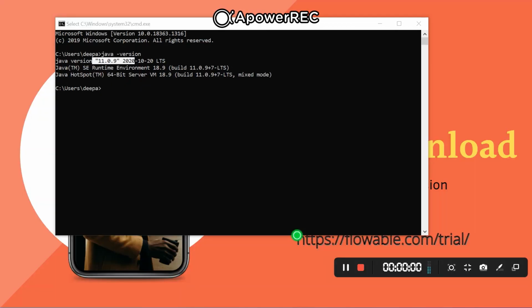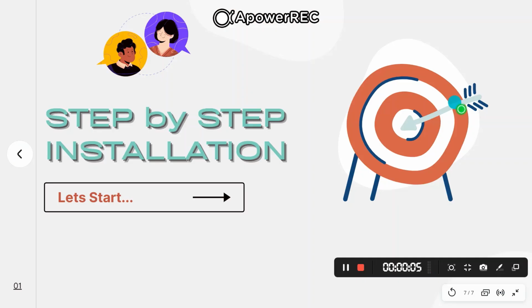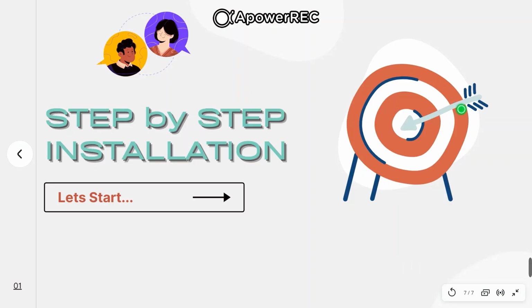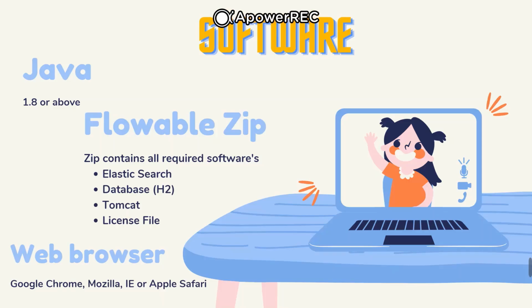Now let's move on to the second step, to download the zip extract for the Flowable Enterprise trial version, which consists of all other needed software to run the trial version on a Windows, Linux, or Mac machine, like Elasticsearch and the product license, which is not required in open source community, as well as the embedded servlet container for Tomcat and DB scripts for H2DB, which is an in-memory DB we are going to use for this demo.